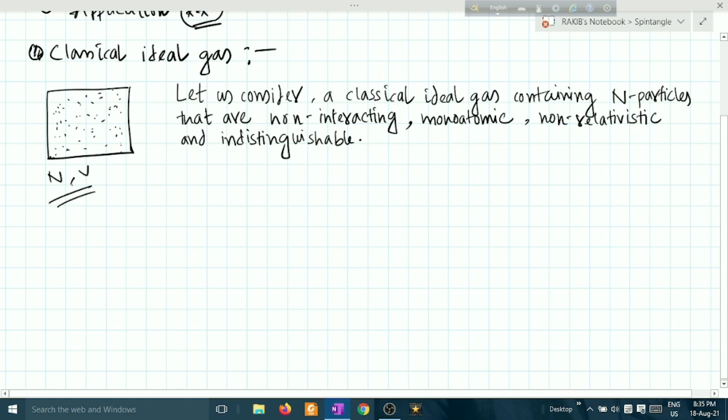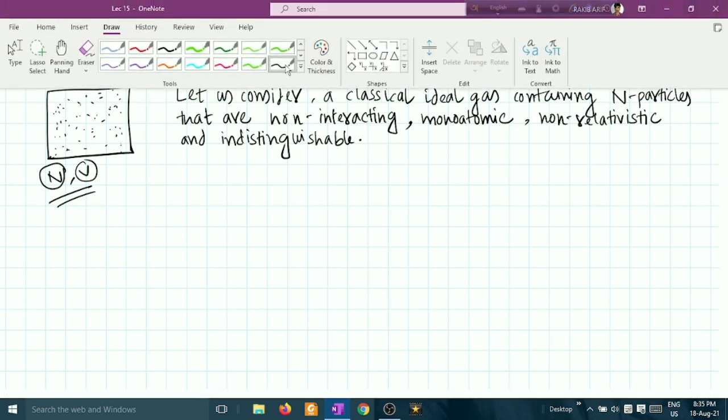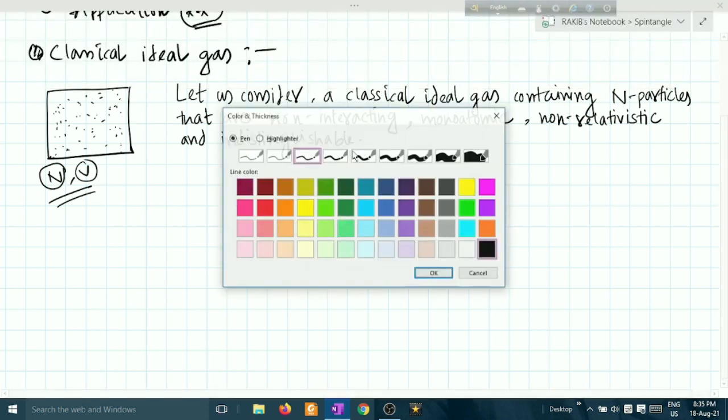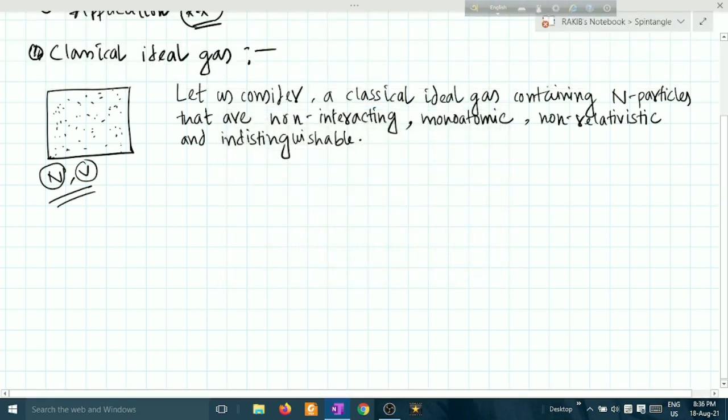So from the system you can easily see that the total number of particles is n and the total volume is V here. Here I am elaborating each and every term. Let me change the ink here. So n particles are non-interacting. The first term here is non-interacting. What are non-interacting particles? Non-interacting particles means the particles